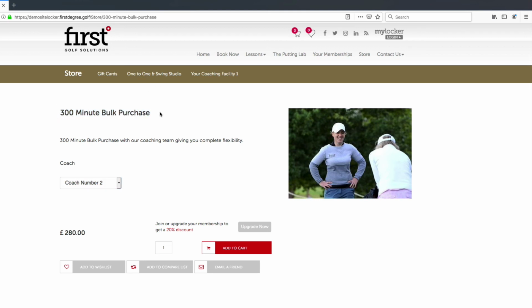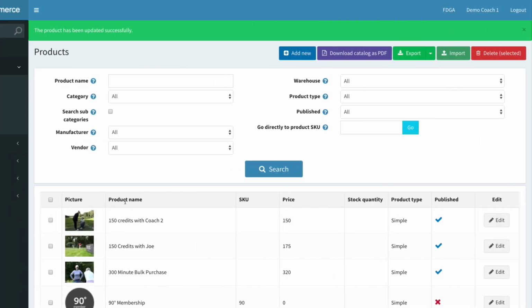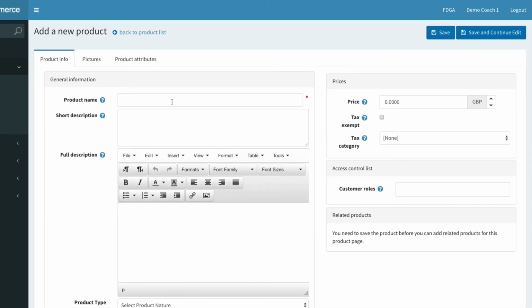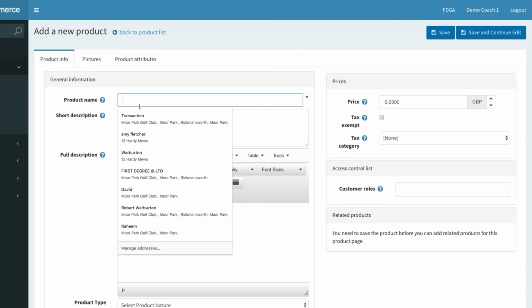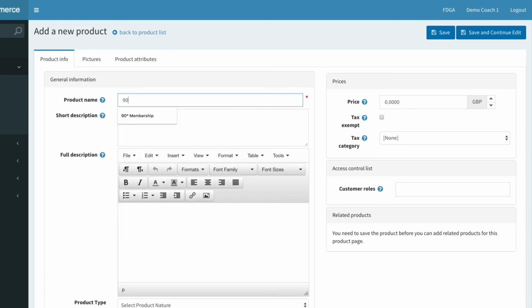Okay, so let's have a go at adding some other different types of products within one-to-one and Swing Studio, and we'll use the coaching facility category to add some vouchers and show you how that would be different. So let's go back to our dashboard, and we're now going to add new. And this time, instead of choosing the customized option, let's add a product which could be used with any of our coaches. So we're going to choose, let's say, a 90-minute